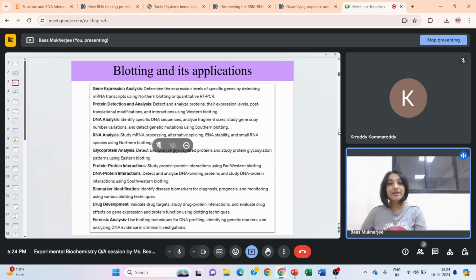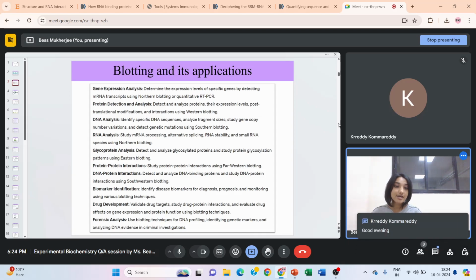Okay, so glycoprotein analysis: here what we do is we detect and analyze the glycosylated proteins and study protein